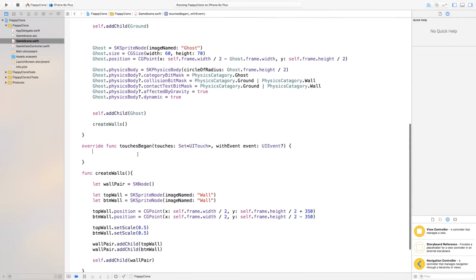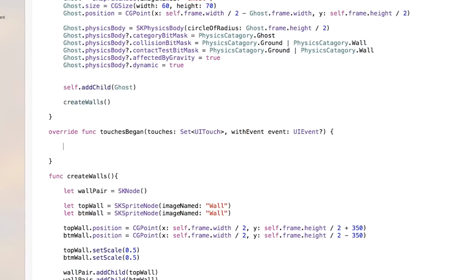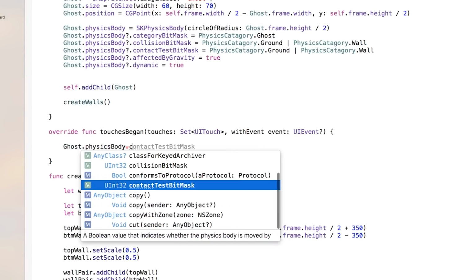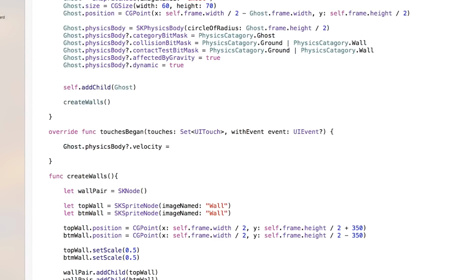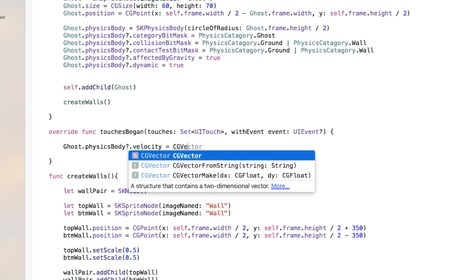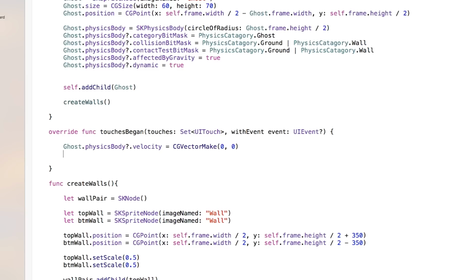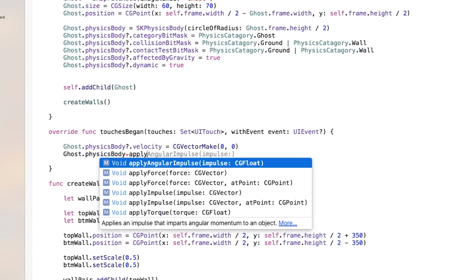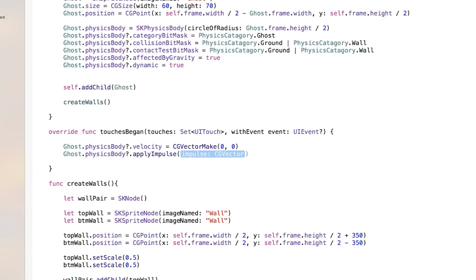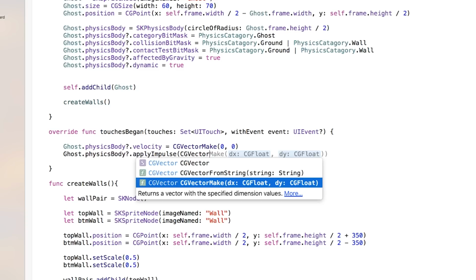So let's go down here to our touchesBegan, and this is actually very simple now that we are using the physics body. So I'm going to say ghost.physicsBody.velocity, and we're going to set this equal to a CGVector(dx:dy:). And our dx value, we want this to be 0. And our dy value, we want this to be 0. We don't want the velocity of this to move at all. And then we want to change this up, and we're going to say ghost.physicsBody.applyImpulse,